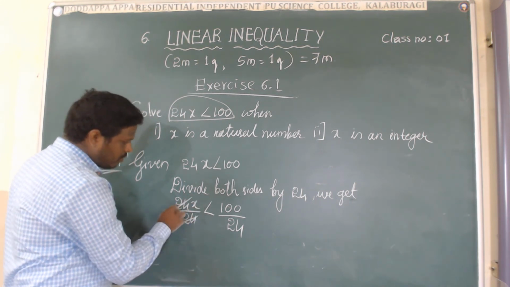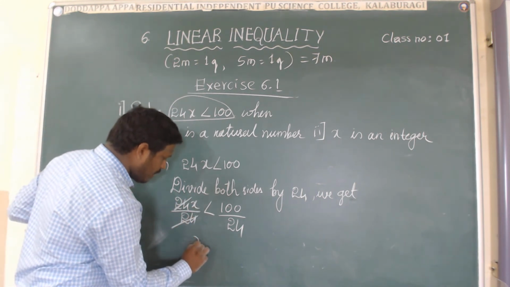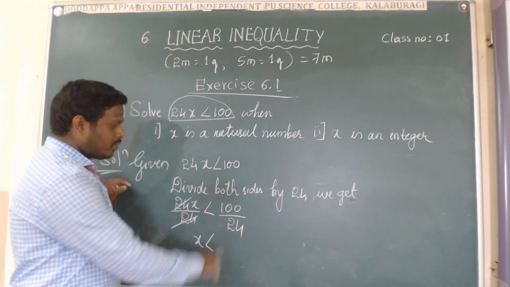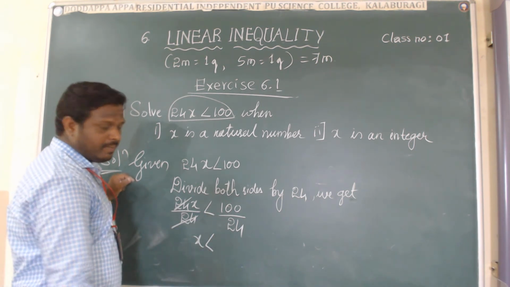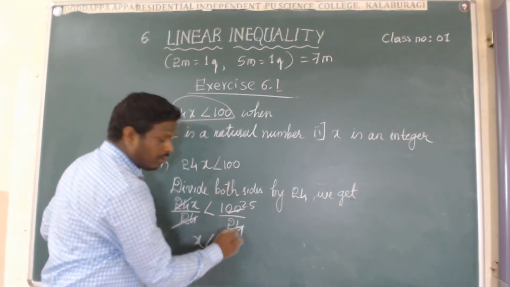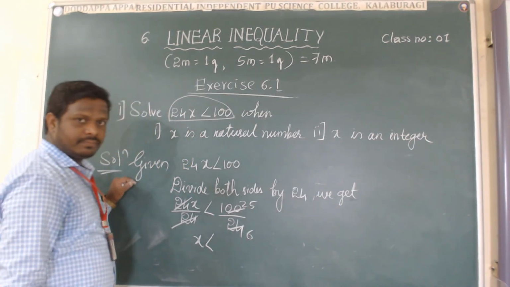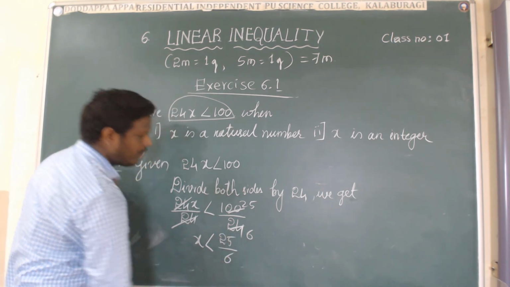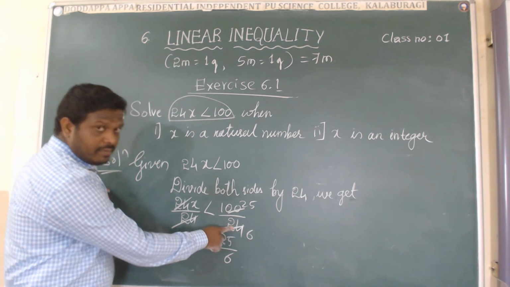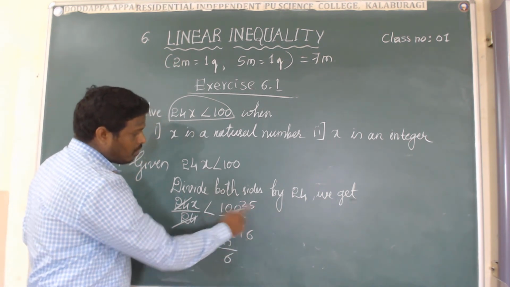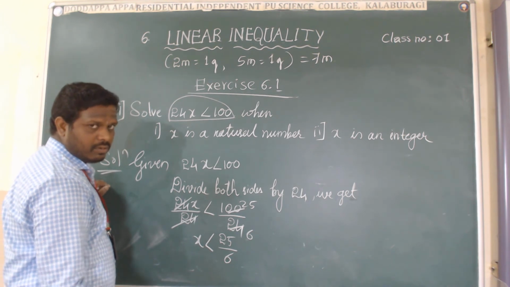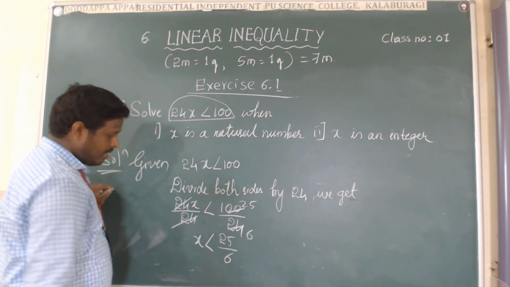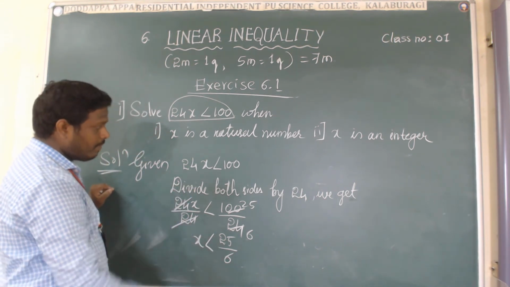24 on the 24, 24 on the 24 will cancel. Then only the coefficient of x, which is 1, remains on the left. Come to the next point. I will go with the 4 table directly here. 4 sixes are 24, 4 twenty-fives are 100. Getting my point? This 25 by 6 will come. This is the last and simplest statement of this simplification.